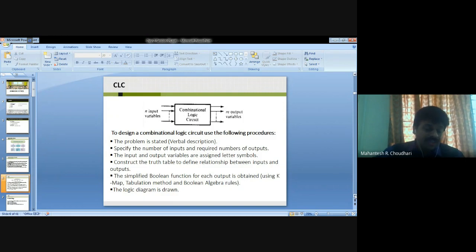The input and output variables are assigned letter symbols. Then construct the truth table, which defines the relationship between inputs and outputs. With its help, obtain a simplified Boolean function for each output, using a K-map, the tabulation method or Boolean algebra rules. Finally, draw the logic diagram.